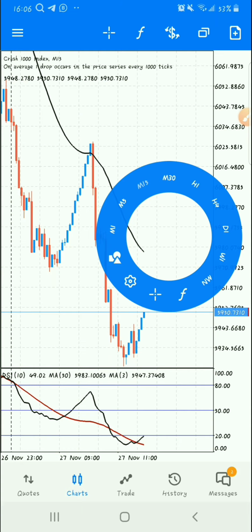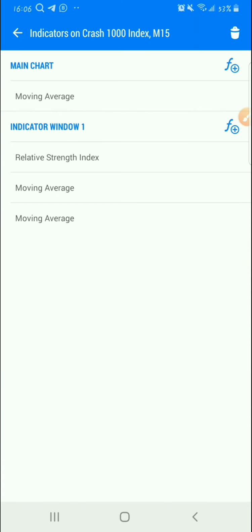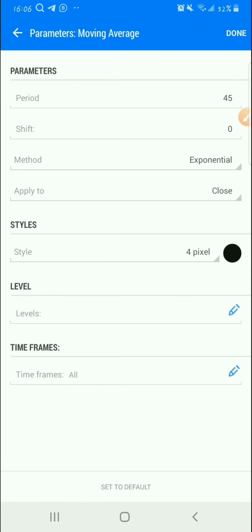Okay, we are using a moving average on our main chart, moving average period 45. Guys, be careful with this please, because this is where we get money from. Period 45, shift 0, method exponential, applied to close, style 4 pixels, color black or a color of your choice, or take screenshots. Guys,